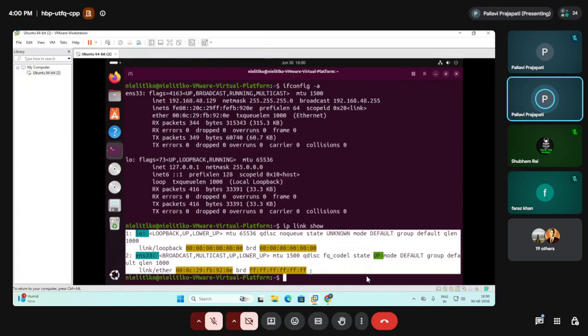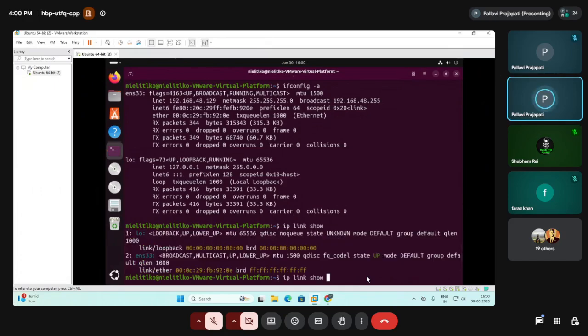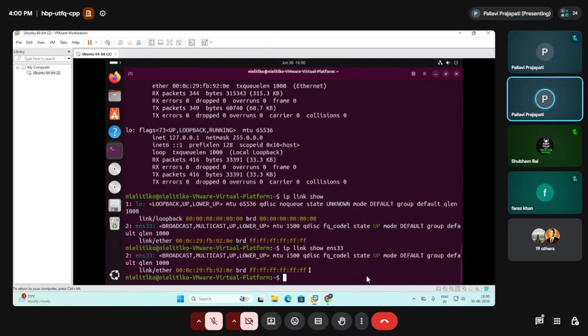It is basically showing you the physical information of an interface. That means you can say the layer 2 MAC address information. It is showing you the layer 2 information about the interfaces. All the interfaces are shown, and if you write the name of a particular interface, it will show the information about that interface only.